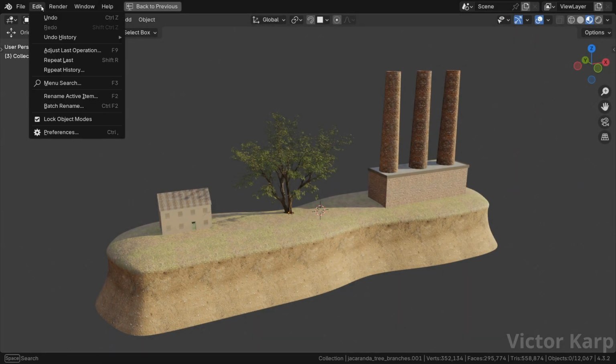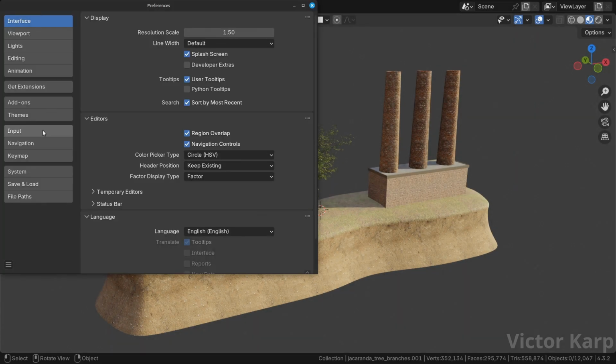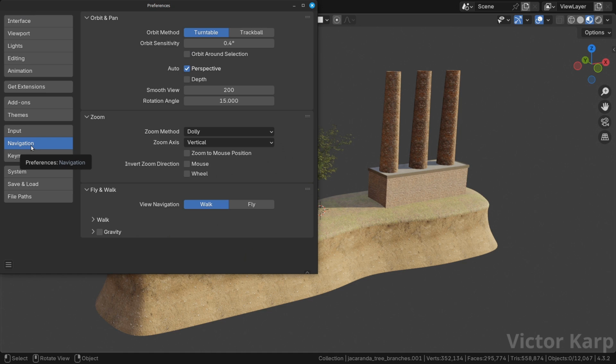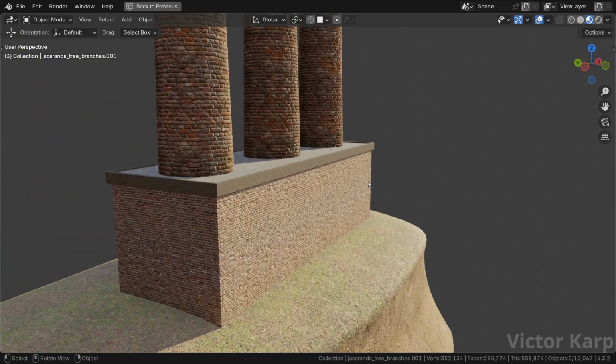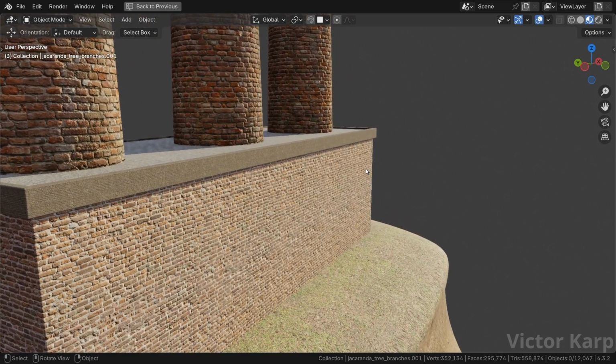Go to Edit, Preferences, Navigation. There are two boxes we need to check: Auto Depth and Zoom to Mouse Position. Zoom to Mouse Position is pretty self-explanatory. You point your cursor at something, zoom, and instead of zooming to the center of your screen, you zoom toward